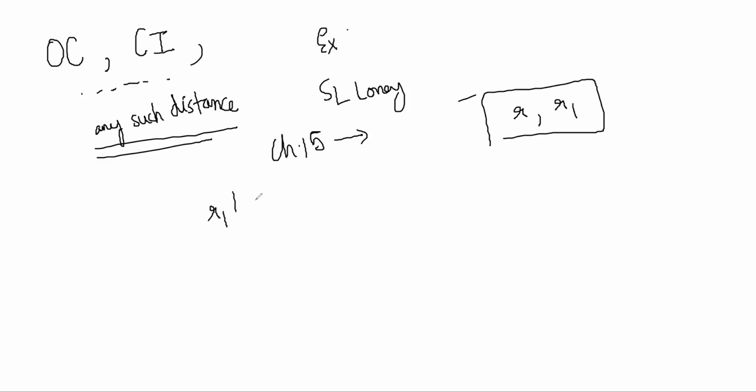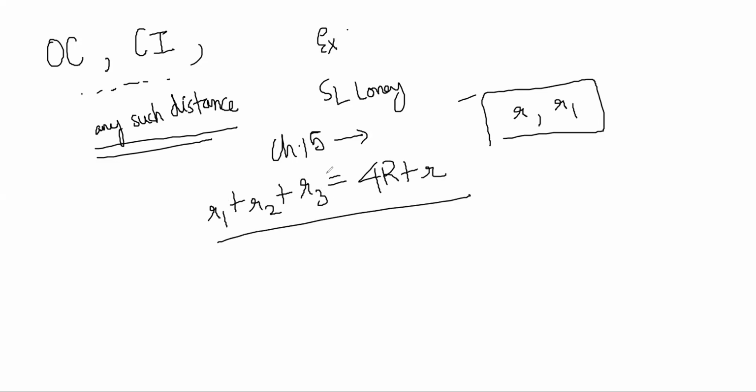You have to prove identities like this: 4 capital R plus small r and so on, right? That is the proving identities exercise. In that exercise, what you have to do is try to get it from the formulas that you have derived. All the formulas and results that have been derived, use those to prove this. And the second exercise has some 40 questions or so. That is about proving results about triangles.